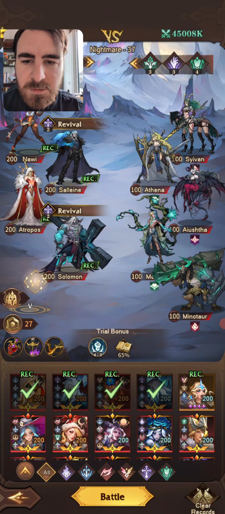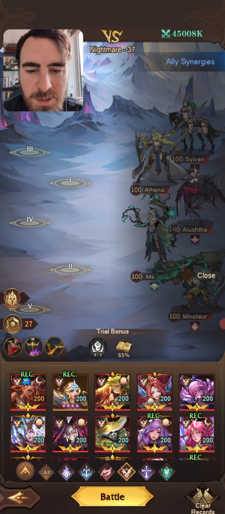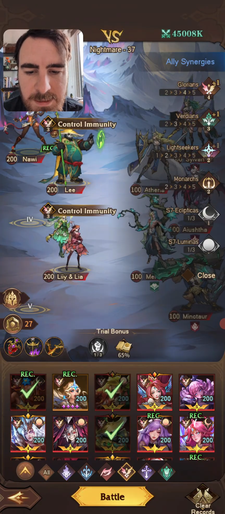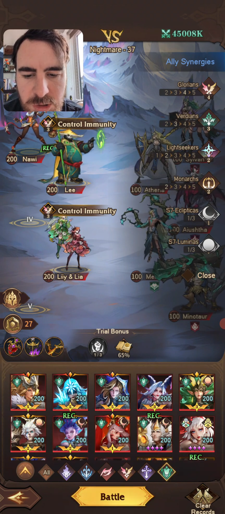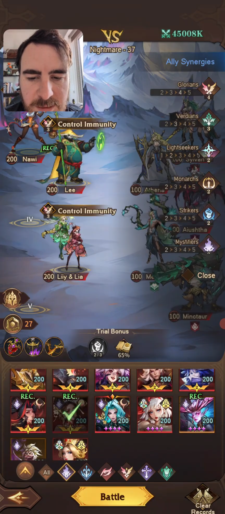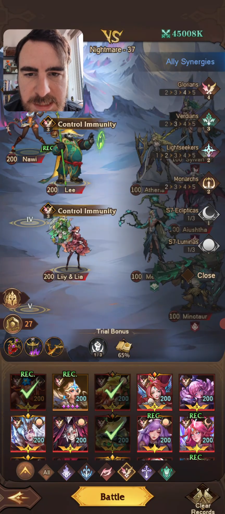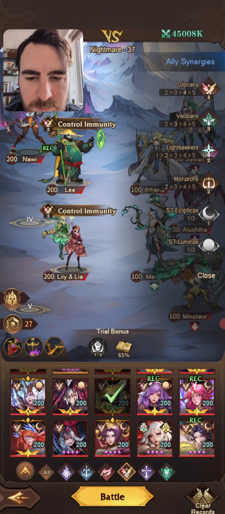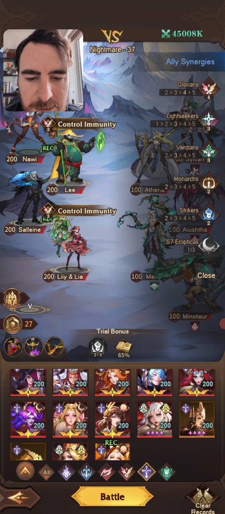Now, we do still need 3 strikers on the team, but what we're going to do is build it slightly differently. And what we're going to do, we're going to pop in Lee, Lily and Leah. We're going to pop Nawi in here. We will pop in, so there's 3, and then we need 2 more strikers. Now, these 2 down here, very, very strong, but again, we said we weren't going to do DD units, so let's just go full-blown. Yeah, in fact, let's pop in Sal, and let's pop in...